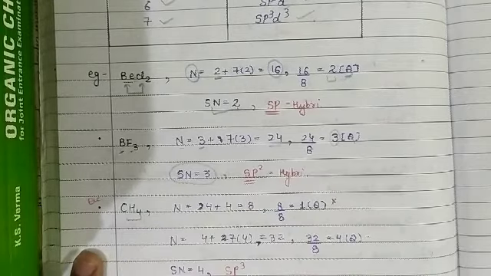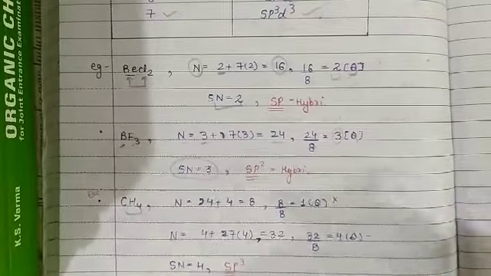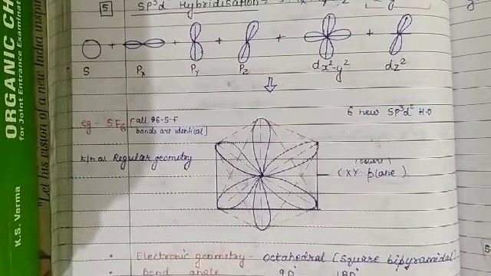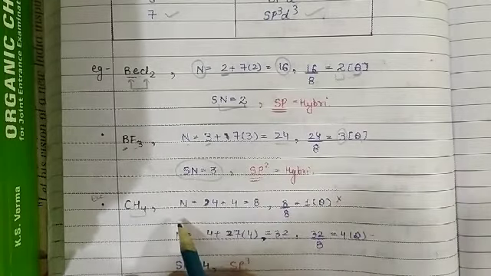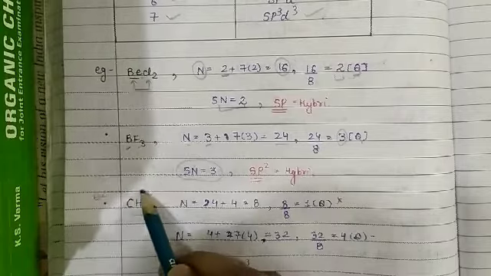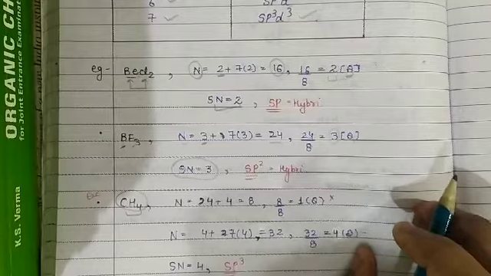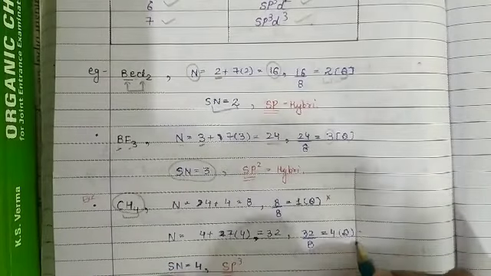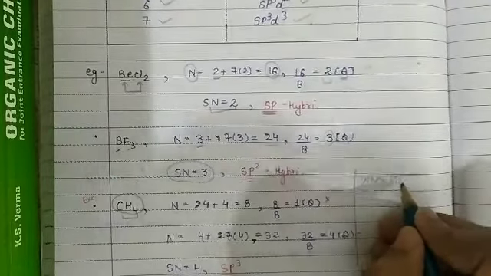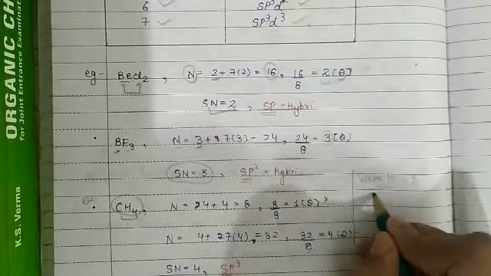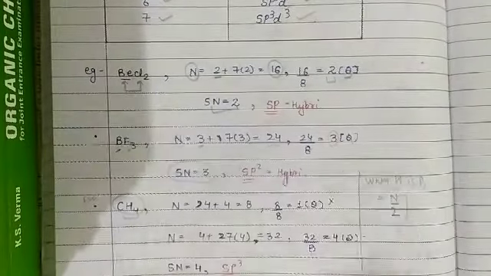The compound is CH4. In the case of CH4, the number of valence electrons matters. Always remember the case when hydrogen is present. When a molecule contains hydrogen, then divide the number of valence electrons by 2.